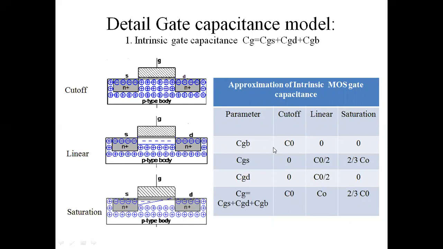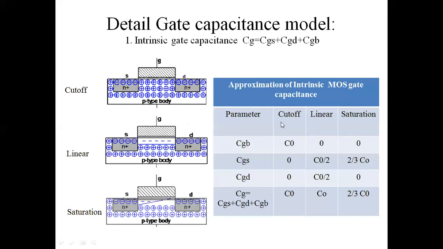So we'll see the presence of the gate capacitance in the three different regions. Let us first consider the cutoff condition. You know that in cutoff condition, there is no formation of a channel. The two n-type materials are not separated by a channel. There is a gap. No physical channel is present between the two n-type materials. Only p-type material is present surrounding them. Sorry, n-type material. Now, which type of capacitor is present here?